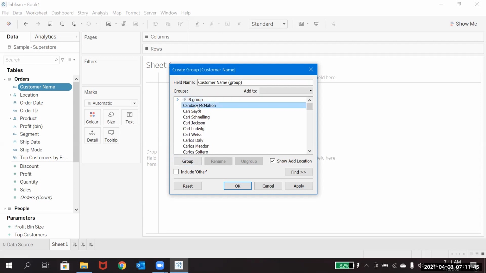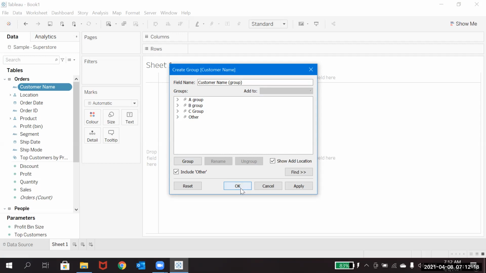Let's do it for a couple of them, and then I'll tell you one option here, Include other, which you might have observed. What happens is if you click on it, whatever things you have grouped will be grouped under those categories, and everything else will go into Others. So now I did grouping for A, B, C. Now I'll click on Include other. What it will do is, all the rest of whatever is available will go under Others.